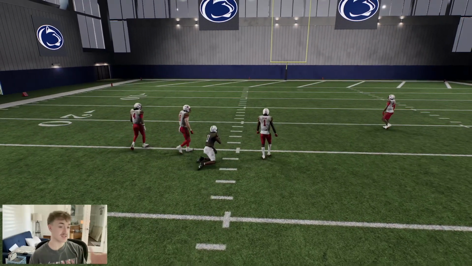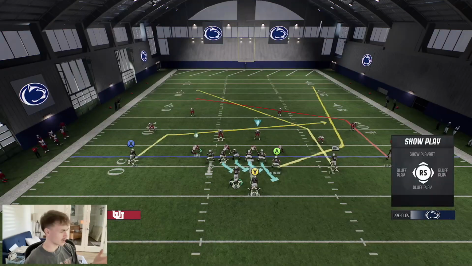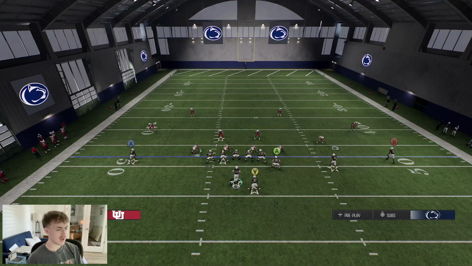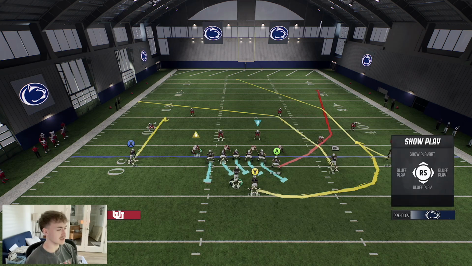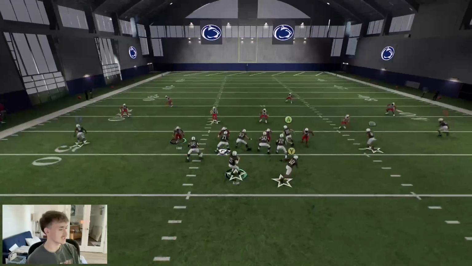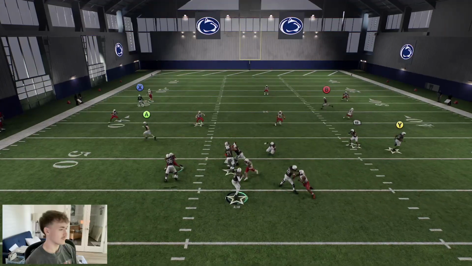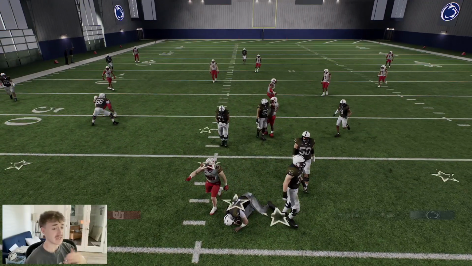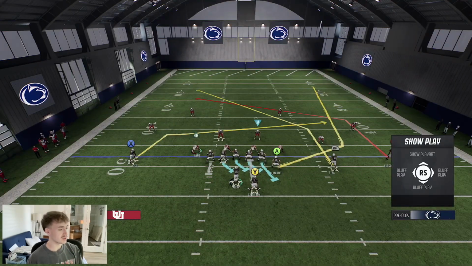So that's a little bit of a better setup. Sorry, I'm freestyling this a little bit. I thought some things would work and they're not working as well. And you could just drag A. Also, if you want to do this, you don't have to return him. The return is decent though. But again, something like this. And you see how the hitch really does a good job of bringing it up. Open the post, we take the sack there, but you guys can see that it's open, which is